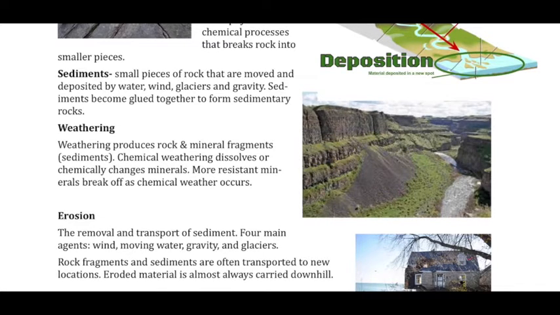Now, erosion is different from weathering. Weathering is actually breaking it apart. Erosion is the idea that it falls off due to gravity and then is taken away, usually by water or wind or something like that. So you can have weathering breaking it apart physically, like with water freezing into ice,